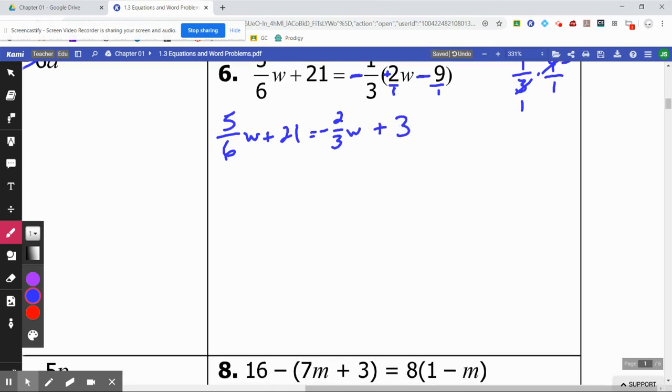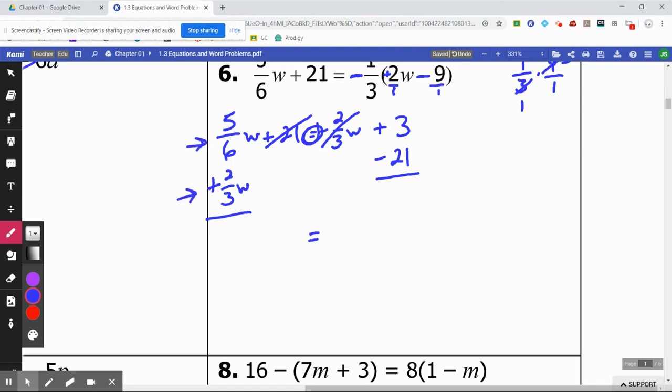We're going to put all of our W's on one side. We're going to put anything non-W on the other side. So minus 2/3 W, I'll move over here by doing plus 2/3 W. If I move my W's to the left, let's move our 21 to the right by doing the opposite. Your equal sign is still right here in the middle. So you got to do 5/6